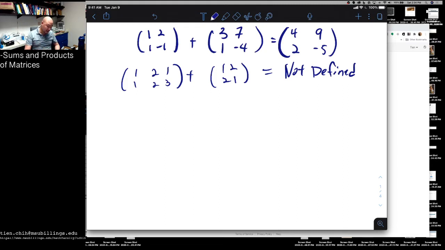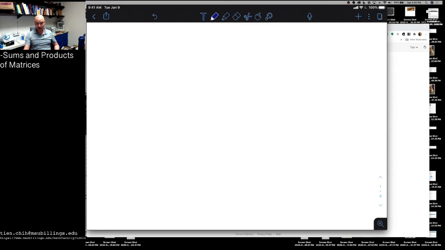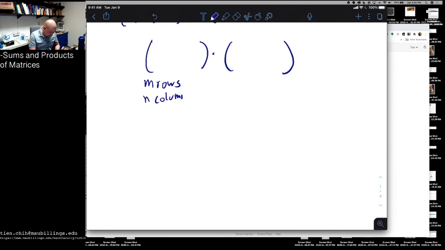Now, products are a much different kind of thing. And so let me describe what the products of two matrices look like. So you have two matrices, and this first matrix has m rows and n columns. The product is only defined if the second matrix has n rows